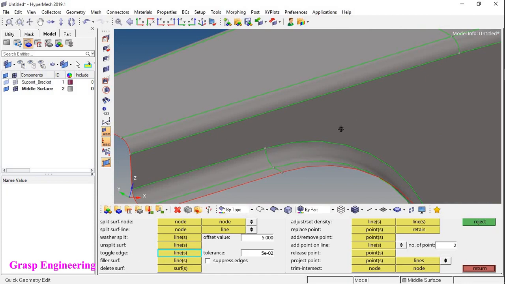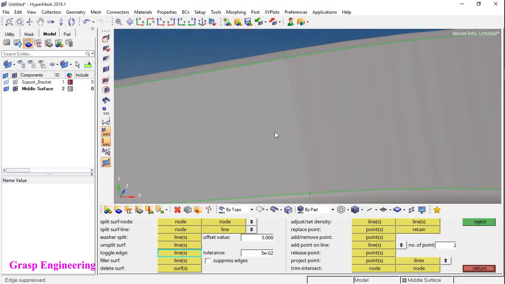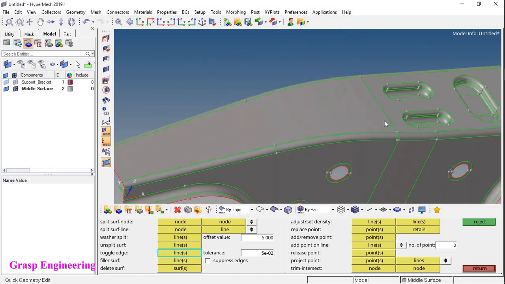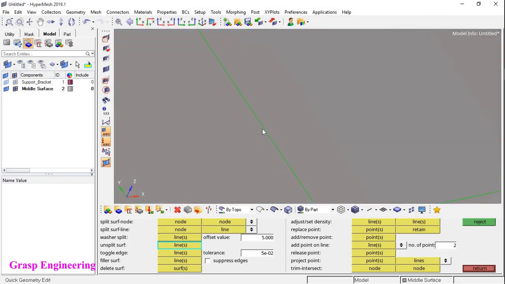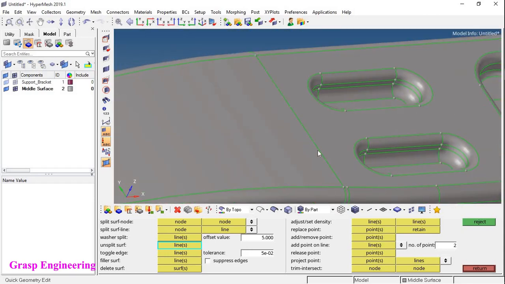With toggle edge, you can click on this, you can even click on that, so you can remove the respective edges. This is basically used when you have a complex geometry where different surfaces are involved. In that case, in order to do geometry cleanup, this option is useful. If you want to create that further, right click on that and you will find that respective edge will be present. Now when you click split surface and then unsplit surface, you will find that this is not removed with the help of the unsplit surface option.